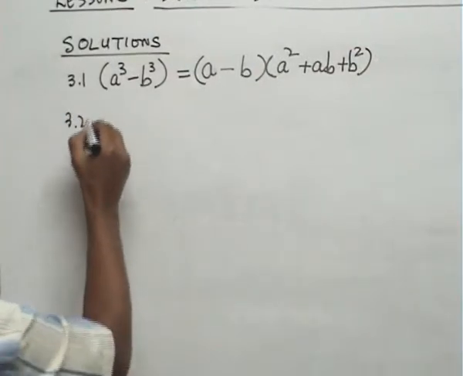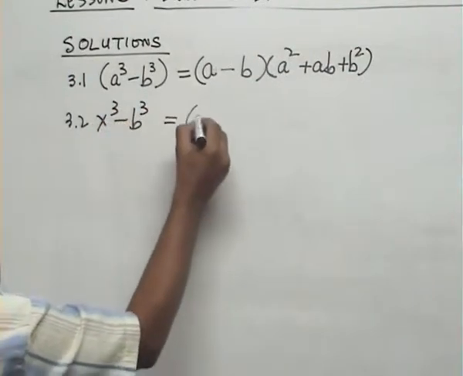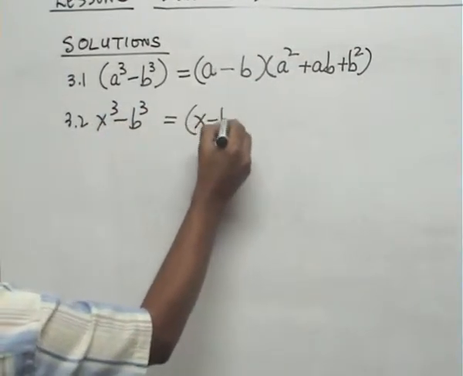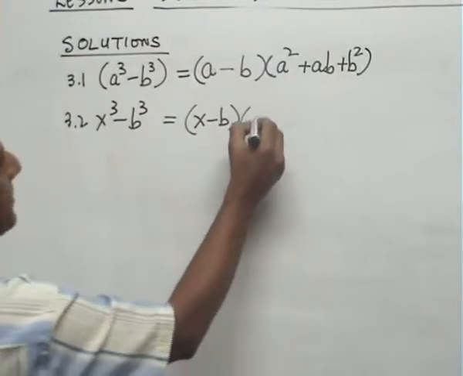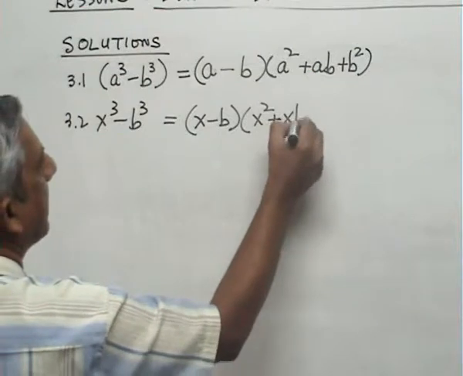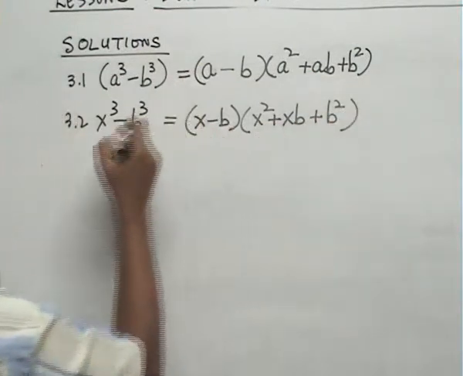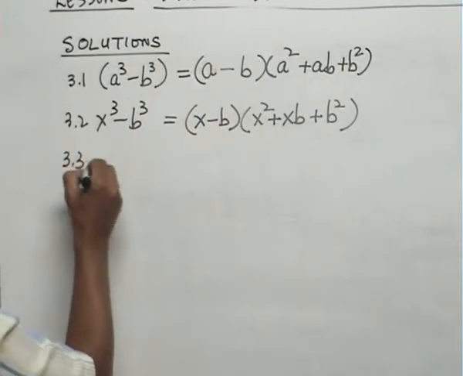3.2, x cubed minus b cubed. X minus b into x squared plus xb plus b squared. Same method as